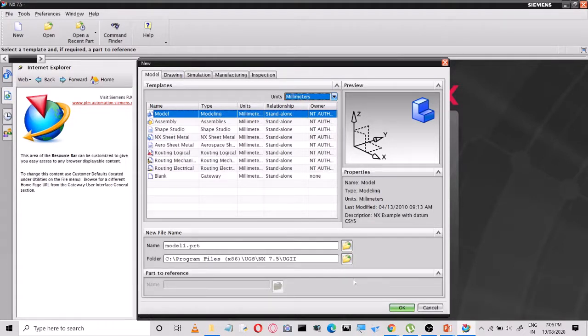Part is here. So you can select any one folder, where you want to save the files. Now this is a folder. You can set the working directory.